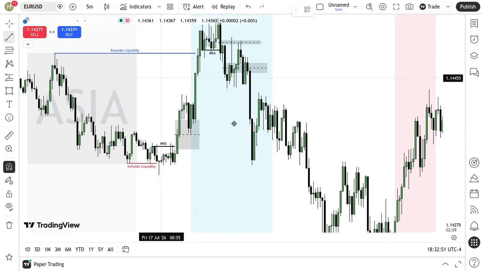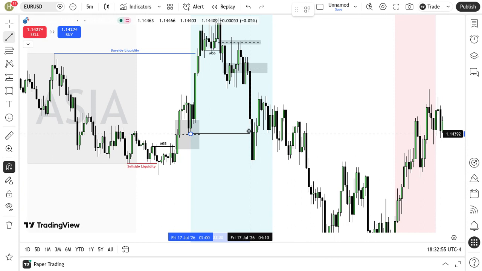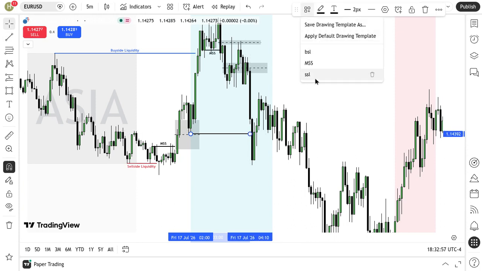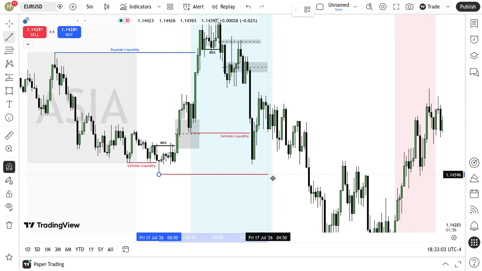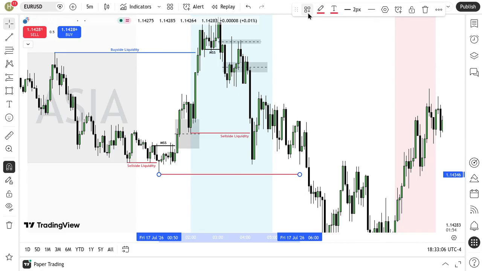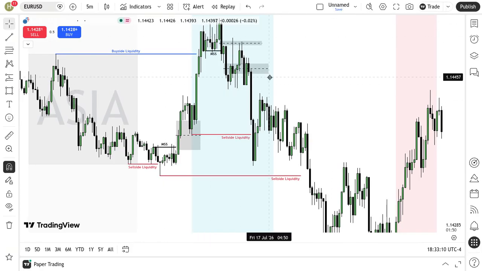Your first target could have been this low, which was the lowest point during London kill zone. So that would have been sell side liquidity. And then your other target could have been this low, which was the lowest point that took out Asia session liquidity. All right. Now another thing that you might notice is after we tapped into these gaps, we broke below